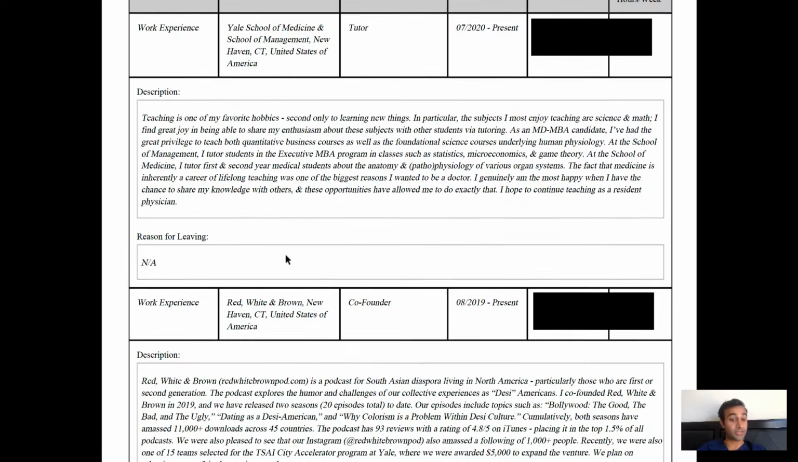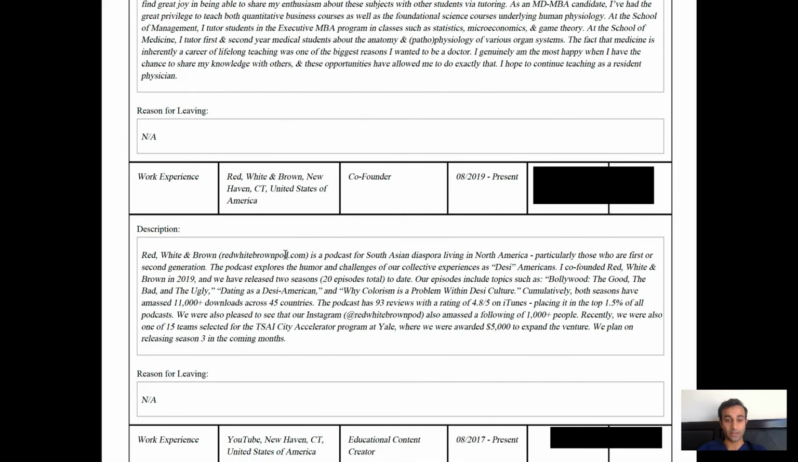The next one that's particularly interesting is this one. Again, I'm not going to harp too much on how I wrote the description because you can see it right there, but I did have a podcast during my time in medical school. It was called Red, White, and Brown. The podcast was about my experiences as a first-generation Desi American, South Asian American in the United States. This has nothing to do with medicine directly, but it had so much to do with who I was as a person and finding myself both through medical school and before medical school, that I felt obligated to include it,